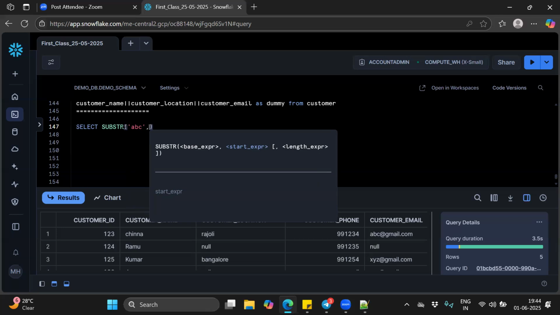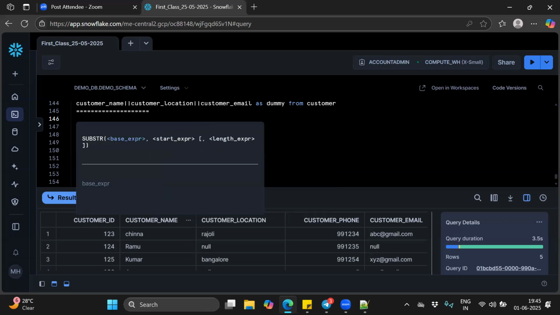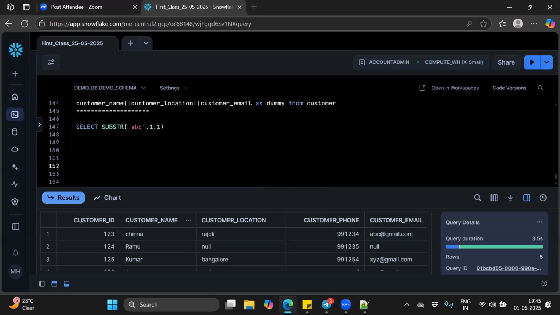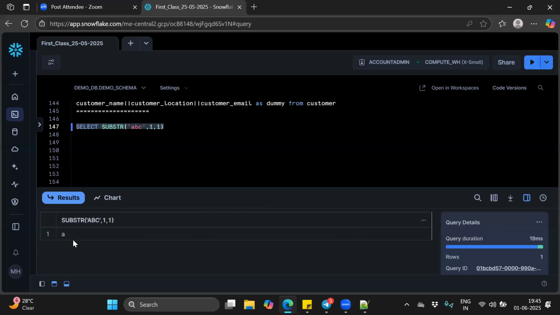Now what I will do, 1 comma 1, I'll give like this. So what exactly does it do? Under ABC, this is the starting position of the letter, and how many letters I want. Okay, so now you see, when you execute, it will print A. If you give 2 here,